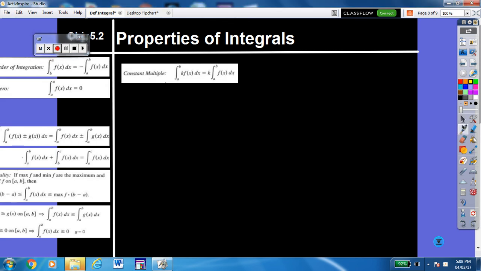In this one, it talks about taking the integral of a function that has been multiplied by a constant. So let's say that the given is, let's say they tell you that the integral from 0 to 4 of some function is 7. And they ask you to find the integral from 0 to 4